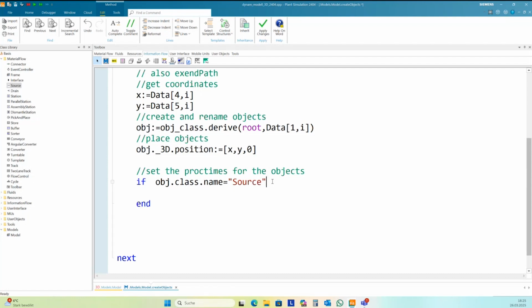I can also compare the class directly. And if this is a source, then I need to set object interval.